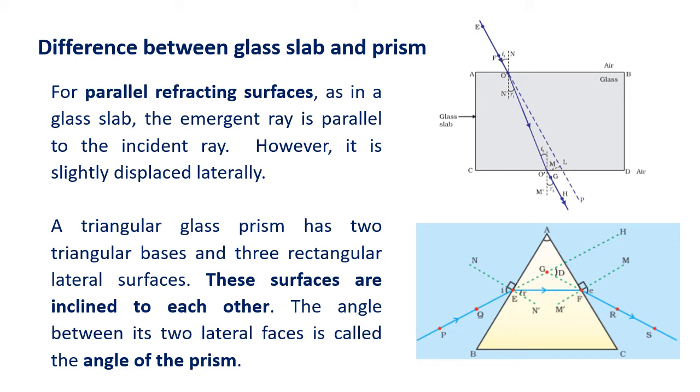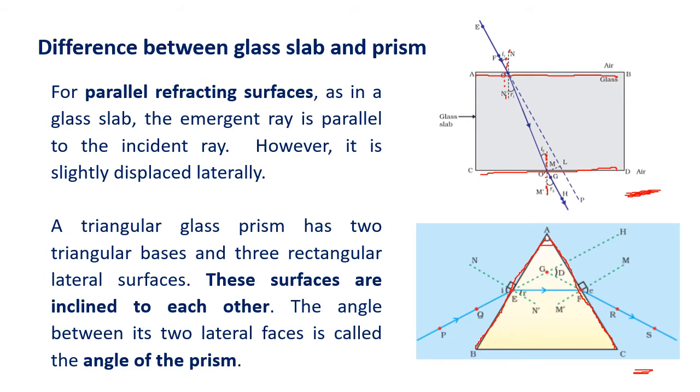But before we go to refraction, we'll see the difference between a glass slab and a prism. So in the previous chapter, you did refraction in a glass slab. Here we are going to do refraction in a prism. Now what difference can you see between both of them? You can see in a glass slab, this is the first surface where the refraction takes place, and this is the second surface, and both these surfaces are parallel to each other. So you can see even this normal and this normal are both parallel to each other. In a prism, this is the first surface and this is the second surface, and they are not parallel.